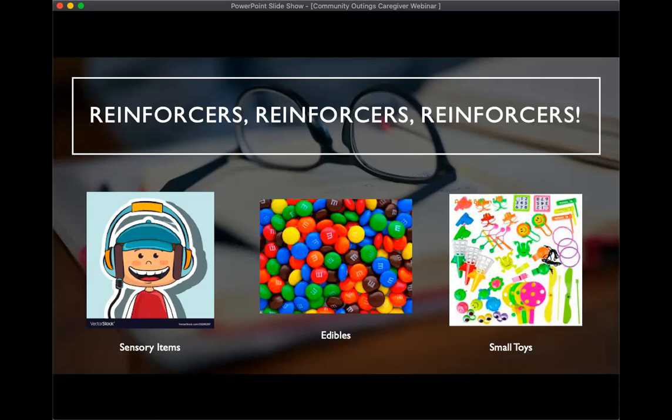So you want to have these items that may help them cope. If your child is having trouble and needs some desensitization for that environment, you could bring sensory items for them. Let's say loud noises are really bothersome to them.